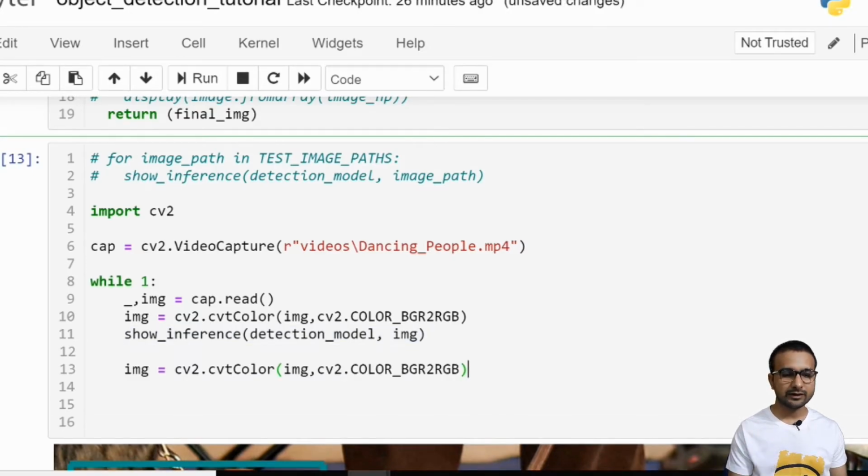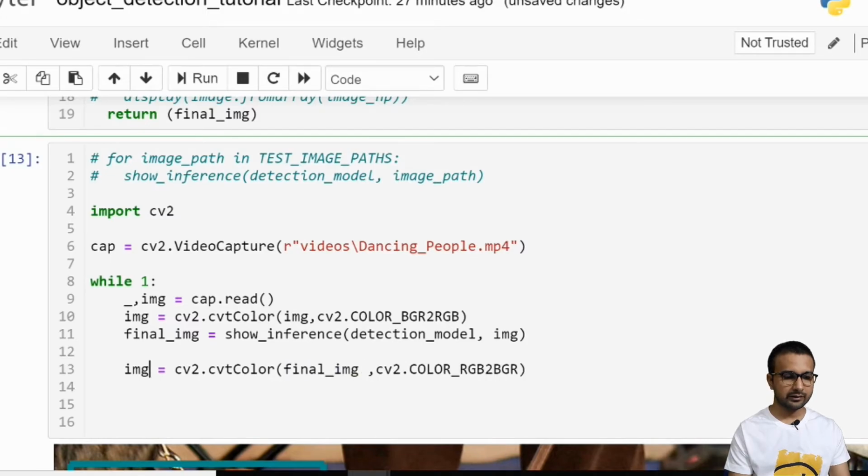So we can just change RGB to BGR over here. This show inference is going to return the image with bounding box, so I have to save it somewhere. I'm going to write final img is equal to this, and this final img we are going to convert back over here and here.